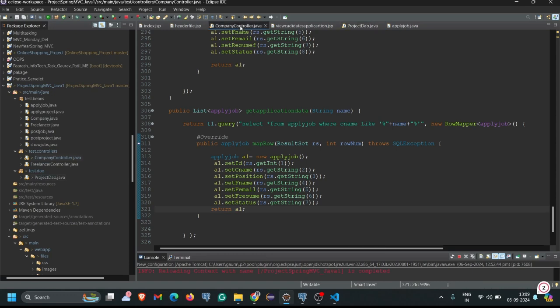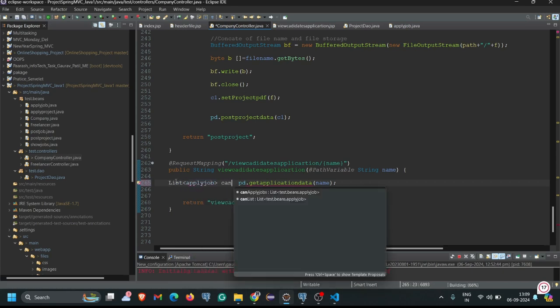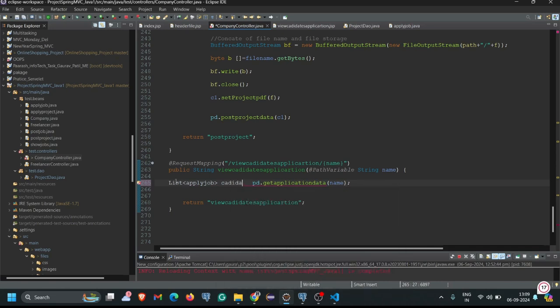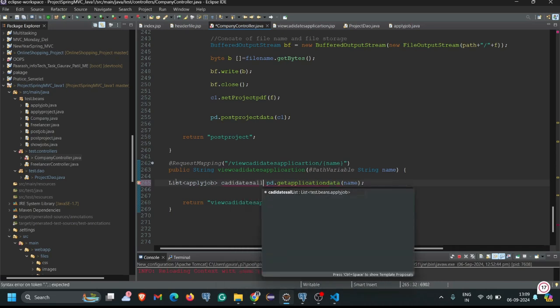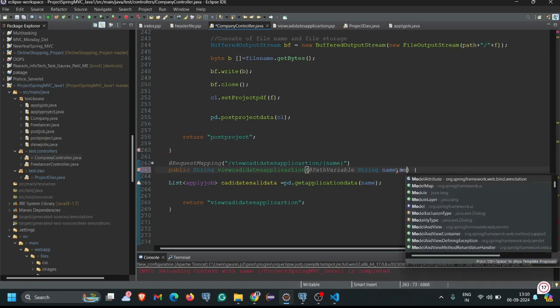We have to return to our company controller, then we have to get this entire thing into one list. Okay, so I'm just writing a List ApplyJob candidates all data is equal to this kind of thing. Okay, so is equal to these things, and we already know that with the help of ModelMap we can now easily get that data and we can show that data on that particular web page. Okay, so I'm just writing here comma ModelMap